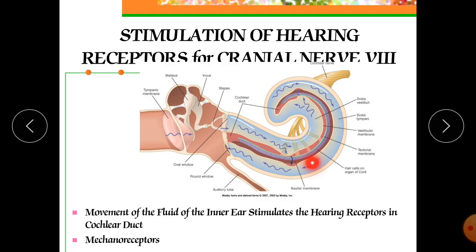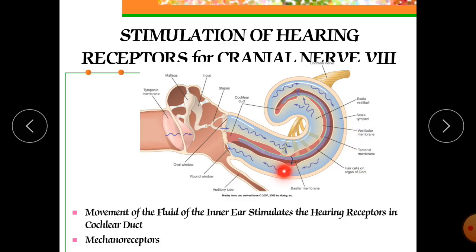From the perilymph, now they will develop the vibration to the pressure into your basilar membrane, into your endolymph, and in the endolymph they are moving between these two layers. It is the tectorial membrane and this is the basilar membrane. Here are the hair cells of the organ of Corti, and here they are vibrating, and in this fashion they give rise to the stimuli to these hairs, of which more than 16,000 are available here.